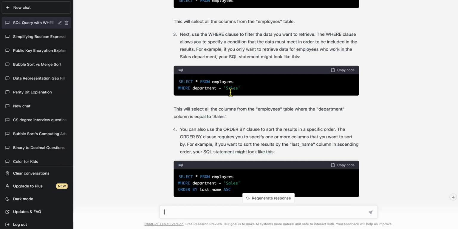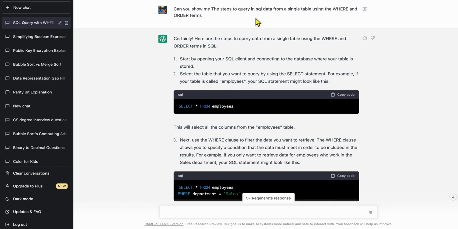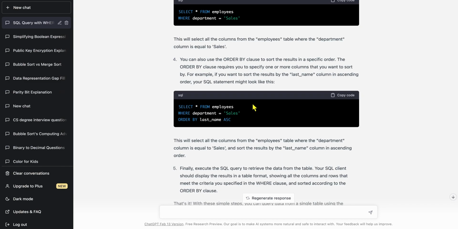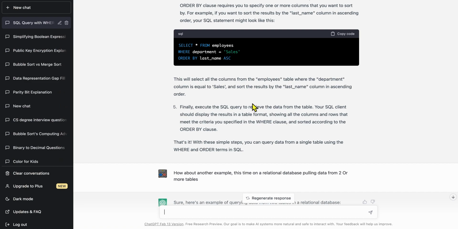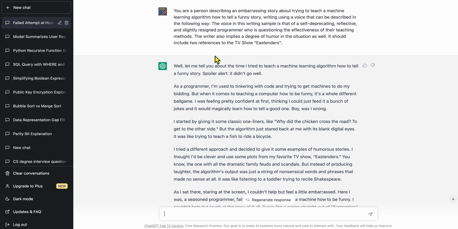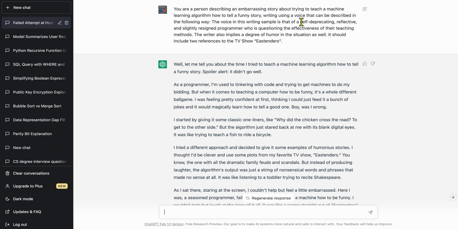Again, using it for databases, just asking it, show me the steps in a query from a single table, so I can perhaps use that to show GCSE students an example. And then perhaps taking it further, okay, look at two tables. And again, students could use it in this way as well to find out more, to get them to explore a specific topic. A failed attempt at humour there; I was trying to make it a bit more interesting. So the prompts are important when using these models.